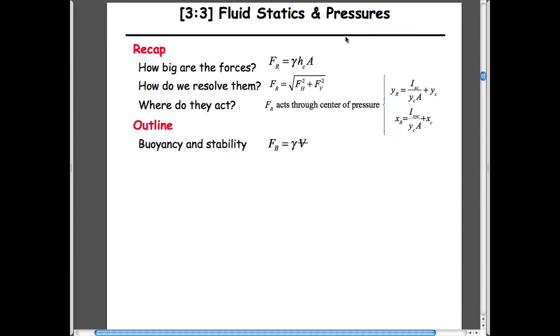We were talking about fluids on structures. I won't reiterate ad nauseum, but to just make the points again, the forces, the resultant force we get from looking at the depth below the surface of the centroid of the